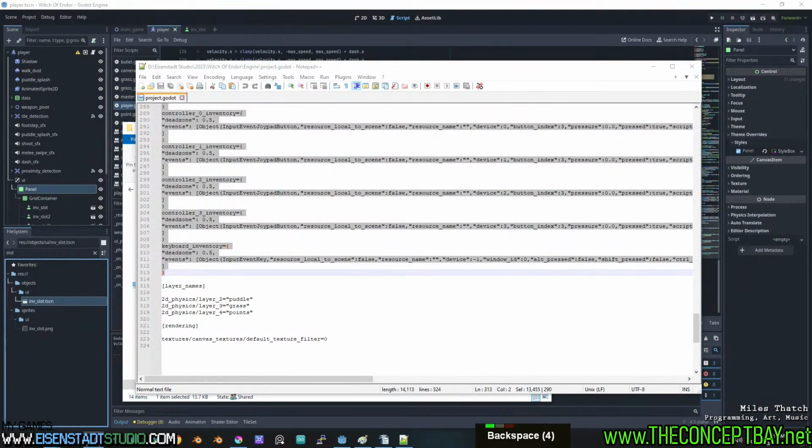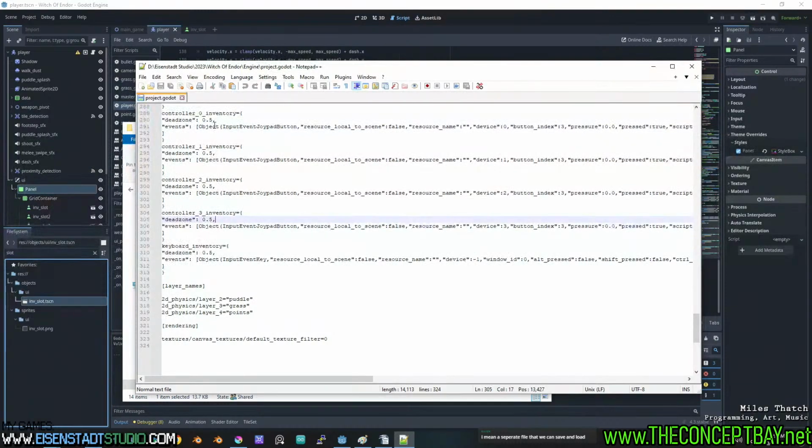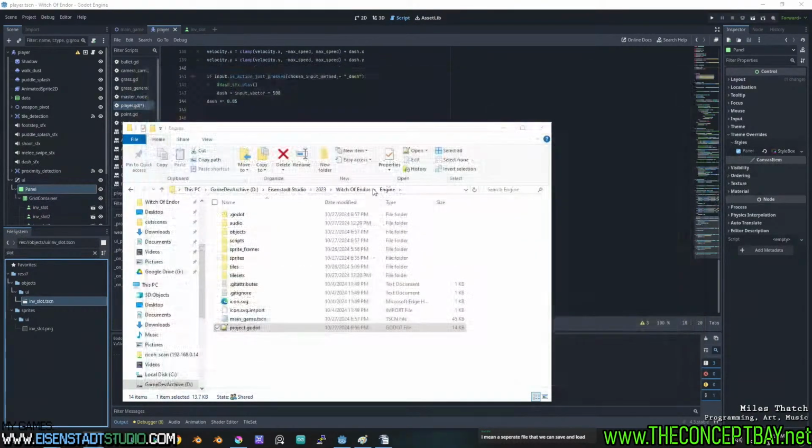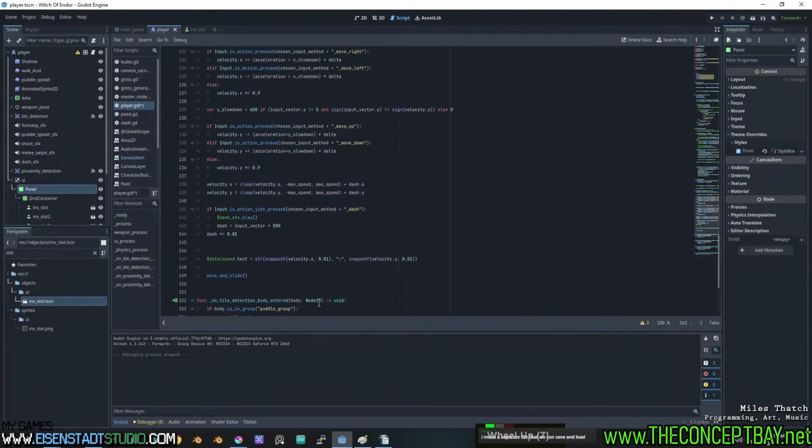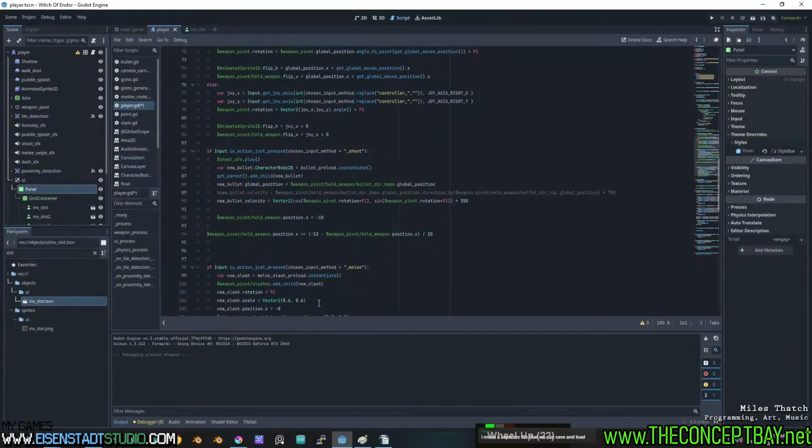Let's see. Perfect. There you go. I posted it on the Discord. And then you just paste it into your project and use it. And it should establish it. That's the cool thing about the Godot project files. Okay, that's cool. But let's see if